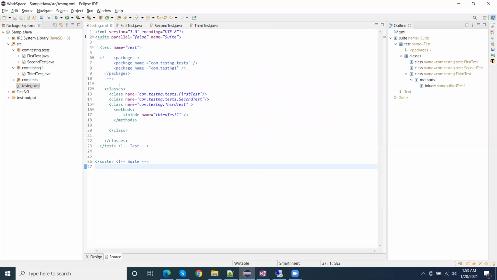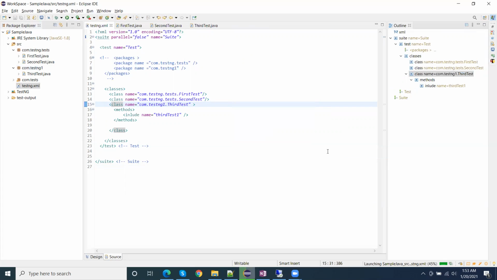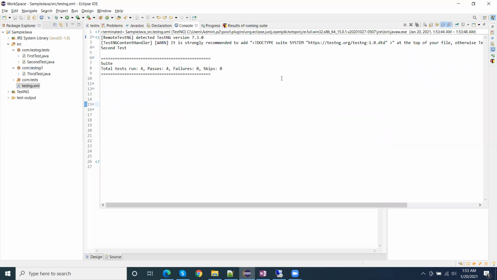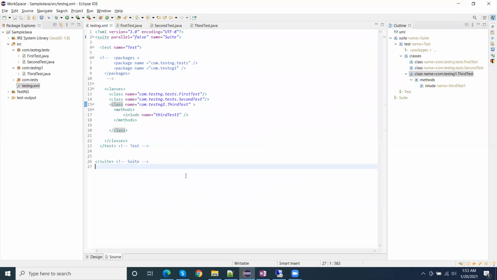Okay, the package name is testng1. If the package name reference is not correct, then we will get a runtime issue. There are mistakes here in the include.